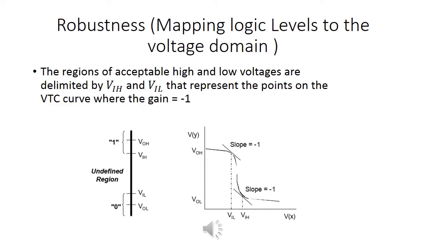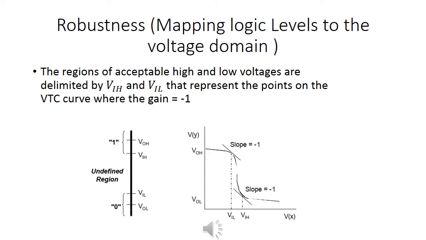Even if an ideal nominal value is applied at the input of a gate, the output signal often deviates from the expected nominal value due to noise or loading on the output of the gate. If you have connected many gates at the output of a certain gate, the VTC shown in this slide suggests how a logic level is represented in reality by a range of acceptable voltages separated by a region of uncertainty rather than by nominal levels.